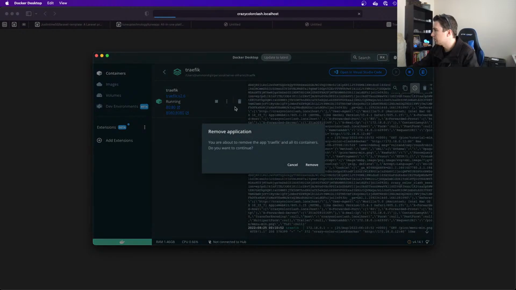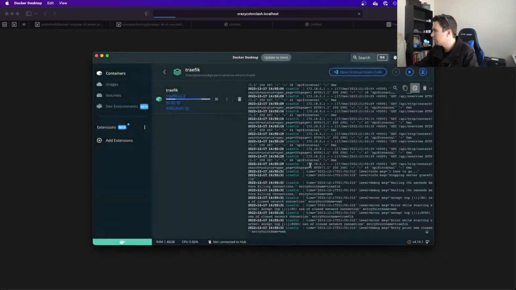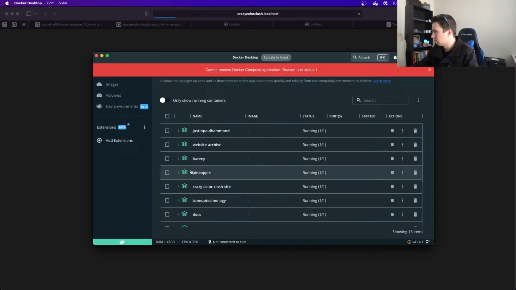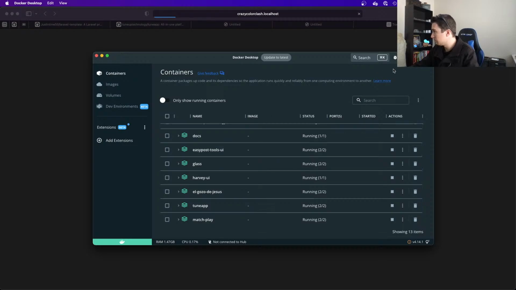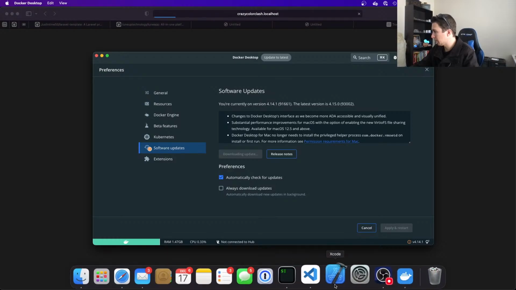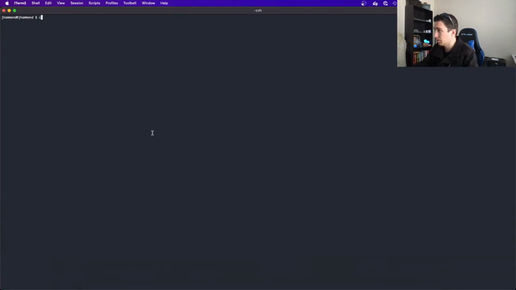Okay, so it's probably Traefik's fault. Yeah, let's kill off Traefik. Probably won't let me because everything depends on it. So let's go to the software update. We'll restart this, boot it back up. And let's go ahead and try opening Traefik.